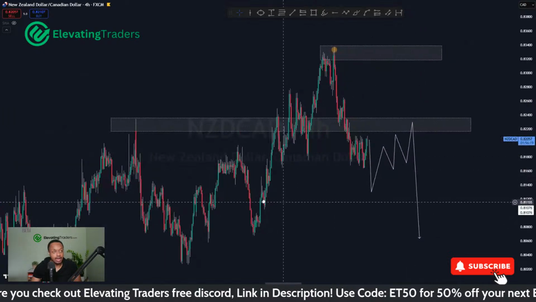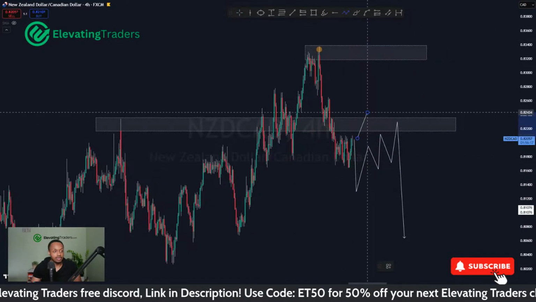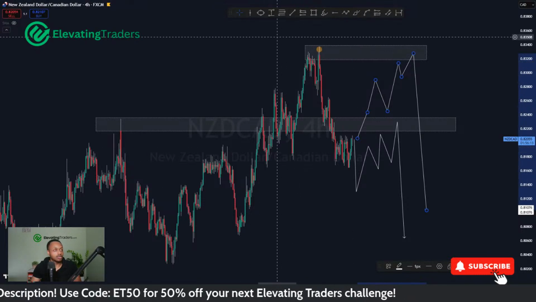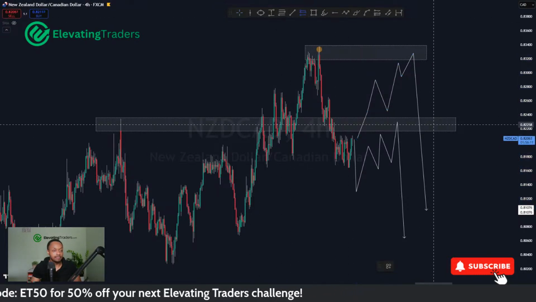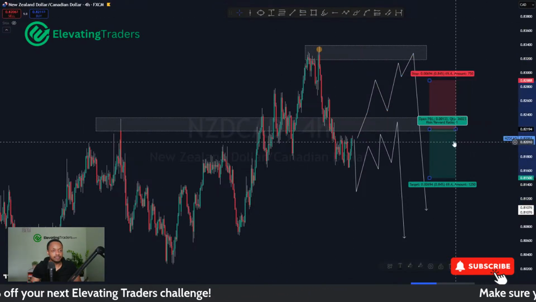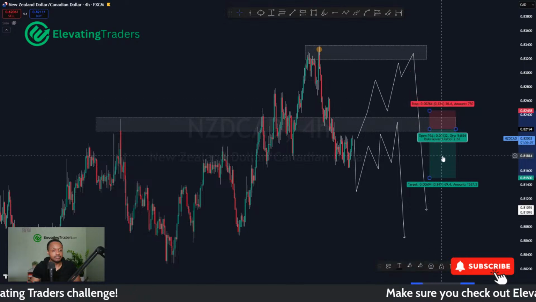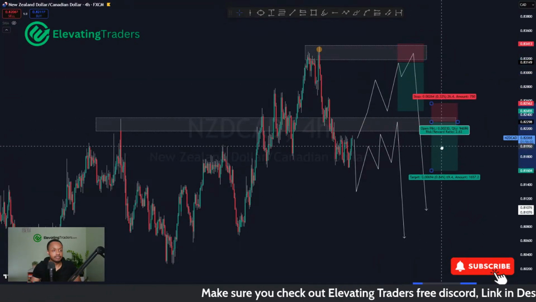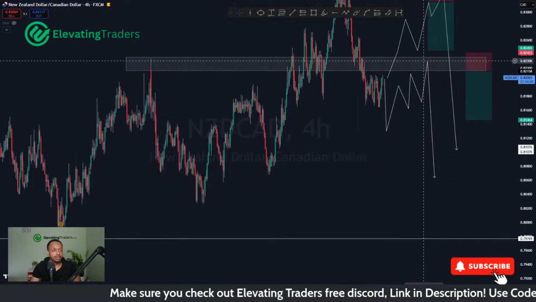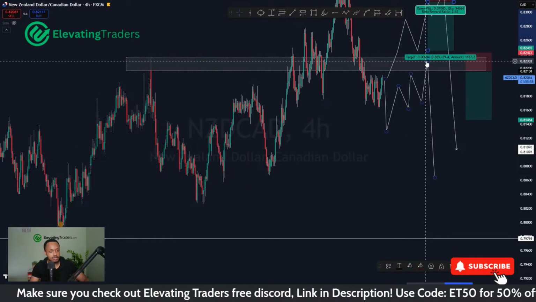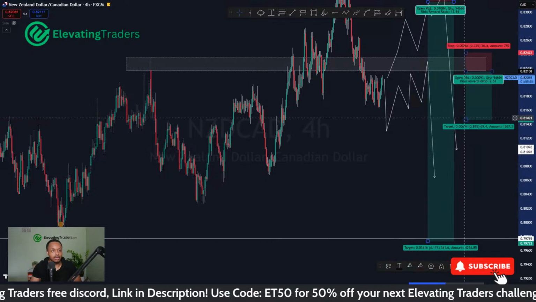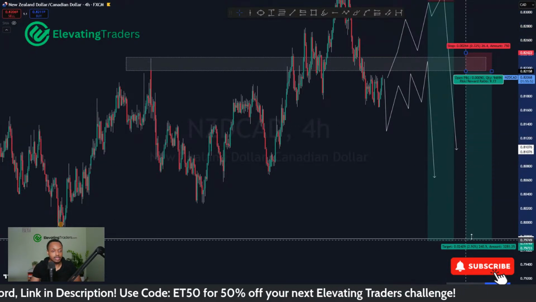If we don't get that, like I said, I'll look for kind of a double top back at the high, a safe place for a stop loss, and a great place for an entry as well. So I'll look at both of these opportunities. And for both of them, the swings are looking very, very generous in terms of the targets.